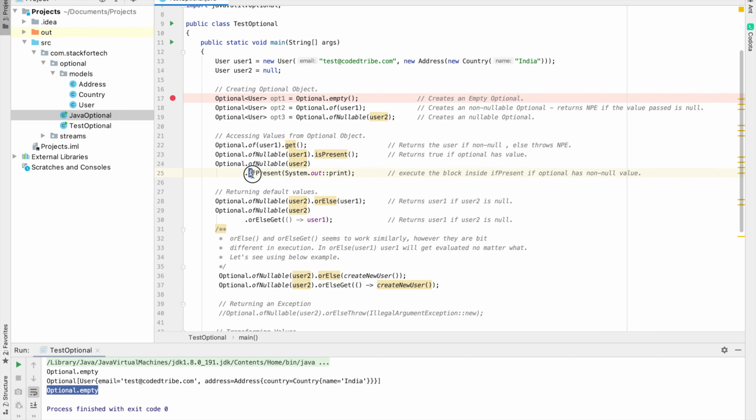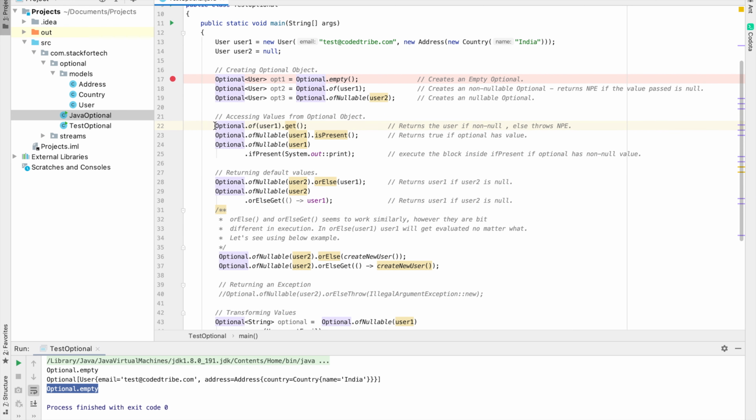Another method we have is ifPresent. It's similar to isPresent, but along with that it also takes a consumer wherein we can perform some operations if the value is present. In this case, Optional.ofNullable(user2), since user2 is null, ifPresent will do nothing. But if we change it to user1, then this will print the user1 object.